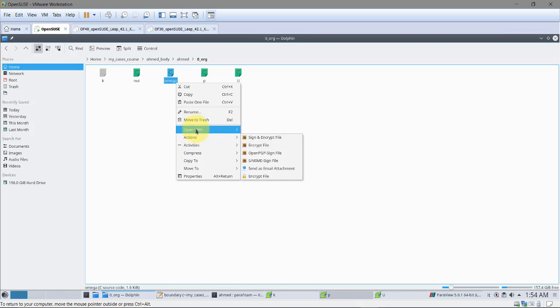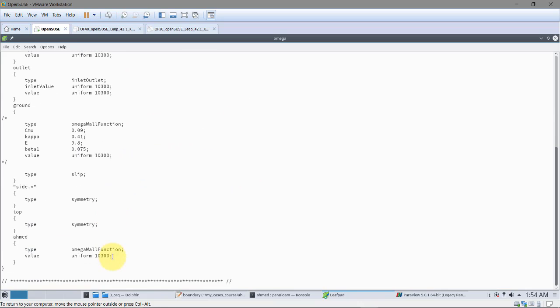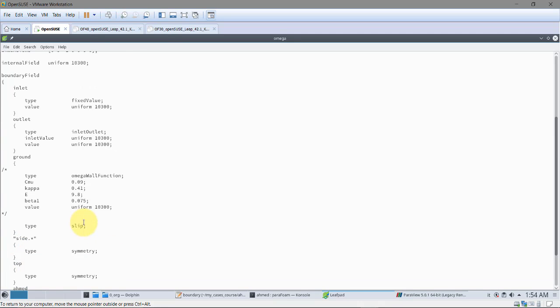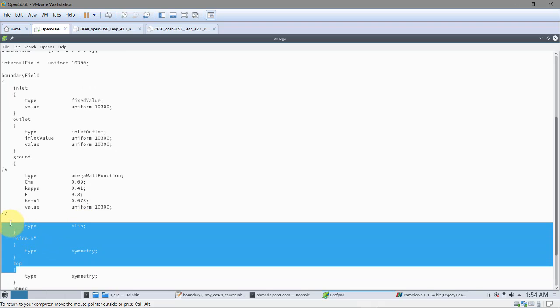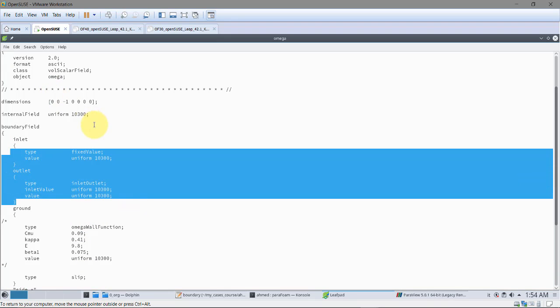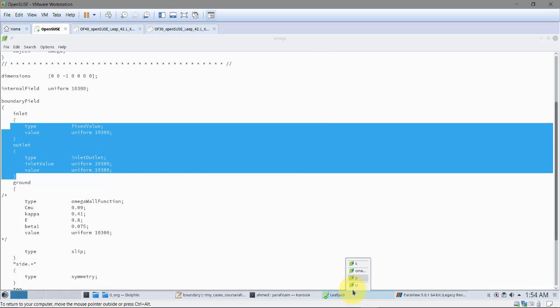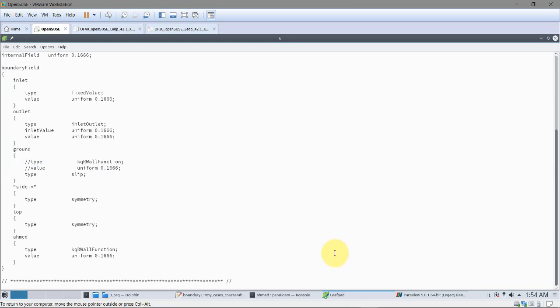Then we open omega, which is the other variable, and pretty similar. We have wall functions there. We use our boundary conditions, and then we set where our inlet and outlet. So the question is, how do we compute these initial values, this value that we give to the files? So usually it's a very good idea to read the theory, go find some papers